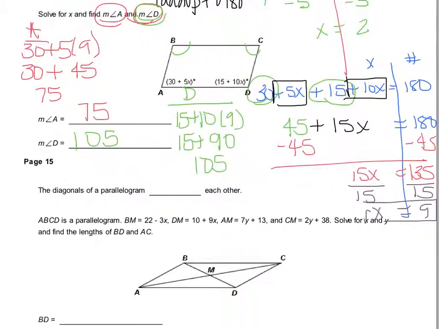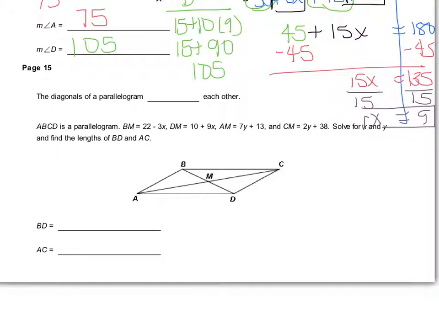All right, talking about the diagonals of a parallelogram. So the diagonals are the ones that go all the way across. They're diagonal from each other. It's important to note that they bisect each other. Bisect means split in half. All right, so we know